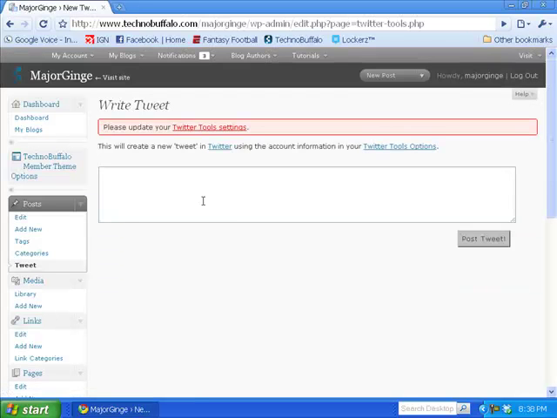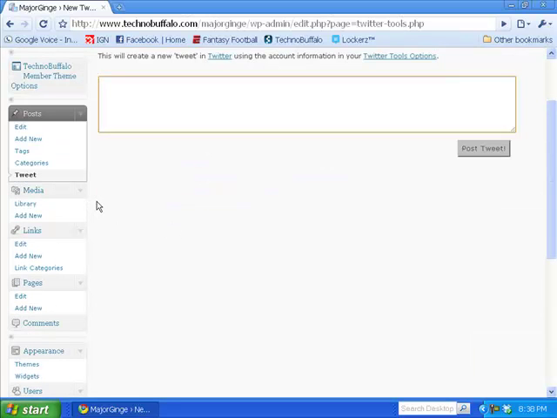Media. In media, you can put stuff such as pictures which you may want to use in your posts. So, for example, I have in my library 2 Black Wii pictures which I use in my Black Wii post. So I have the Black Wiimote